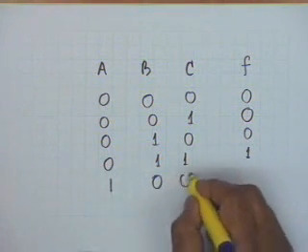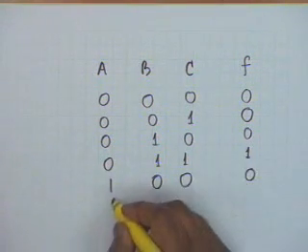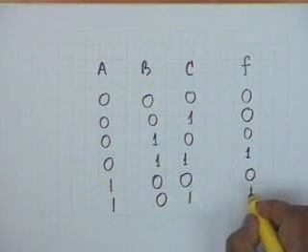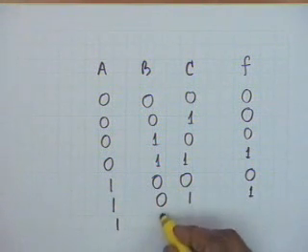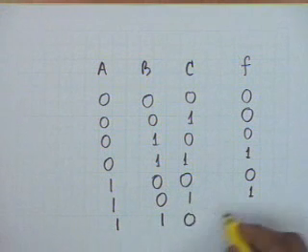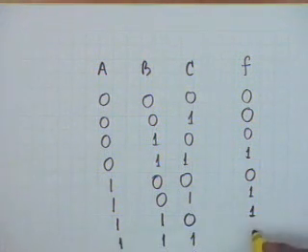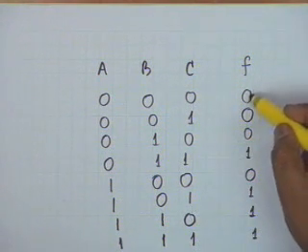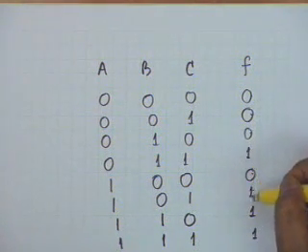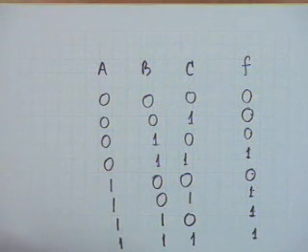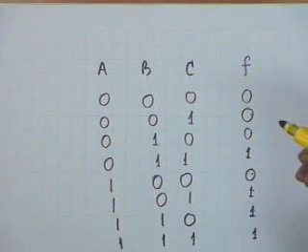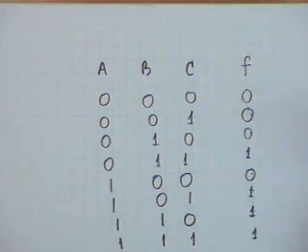1, 0, 0, it is 0. 1, 0, 1, it is 1. 1, 1, 0, it is 1. Finally, 1, 1, 1, it is 1. How many? 1, 2, 3, 4, 5, 6, 7, 8. Okay, I am done. Now, what I want to do is write an expression for F, a